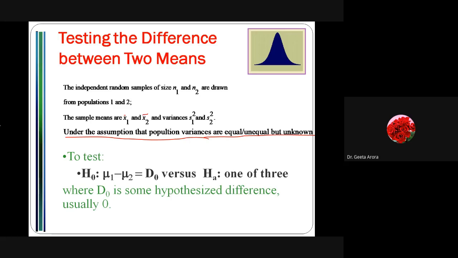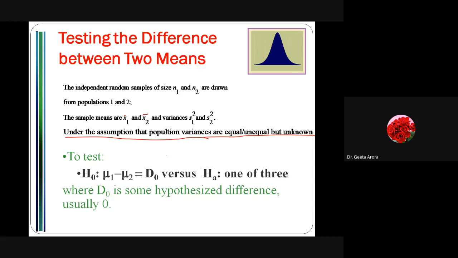So we will discuss what we have talked about here. According to me, only one thing is in your course, under the assumption that the population variances are equal. So we are going to start with that one, because depending upon this, we have different formulas to calculate the S value. Correct? I will tell you the formula in the next slide. Here again it is the same thing as we have done for the Z test. Then H naught is mu1 minus mu2 is equal to D naught.